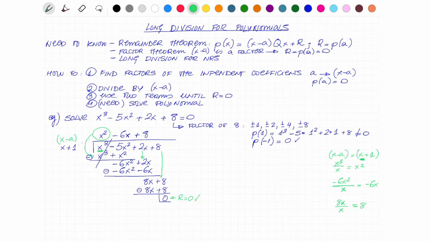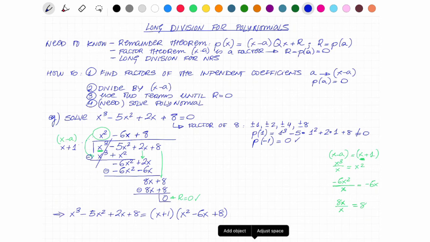Okay, we're running out of screen. Let's see how we do it in here. But now we know that this whole polynomial that we were having trouble to solve because it was a cubic is the same as x plus 1 times the result, x squared minus 6x plus 8. And of course, then this is a quadratic that I can solve with a quadratic formula, or in this case,